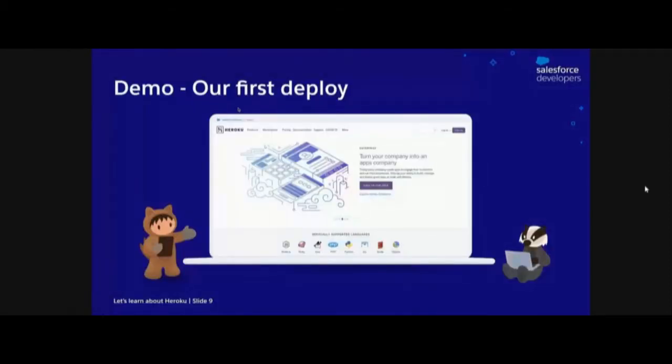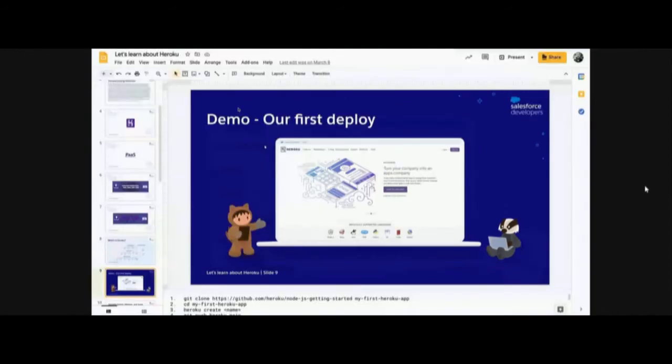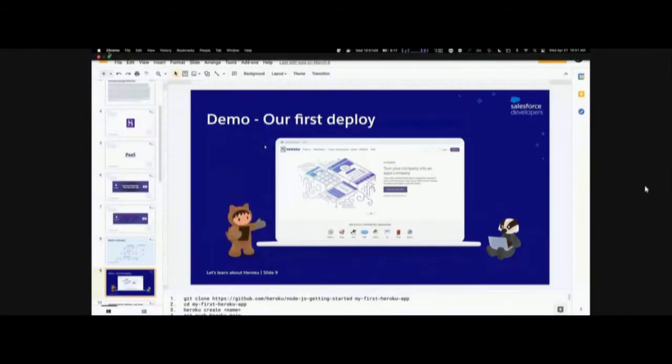Let's do our first deploy, okay? I'm going to show you some resources, and the idea for you is to spend some time after the session to get used to Heroku, follow the tutorials. There are also some Trailhead modules around Heroku that you can start following right now if you also want to get the badge. But my favorite resource, and I'm going to be showing you here,